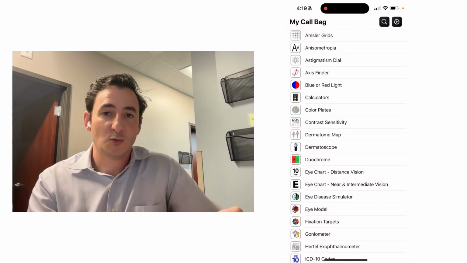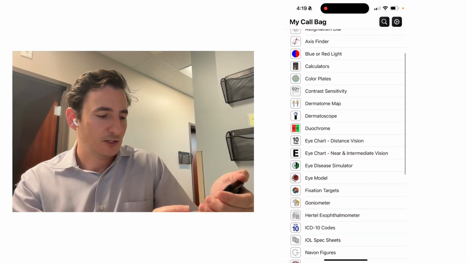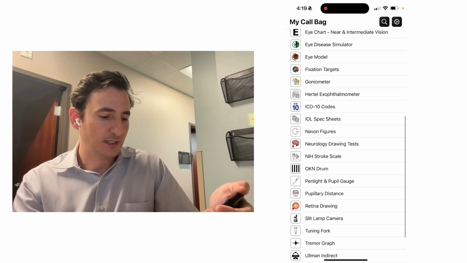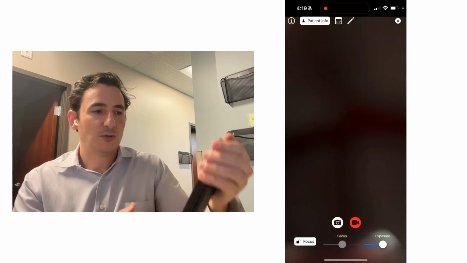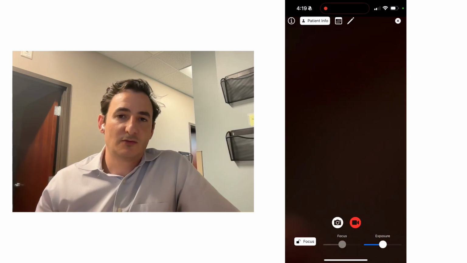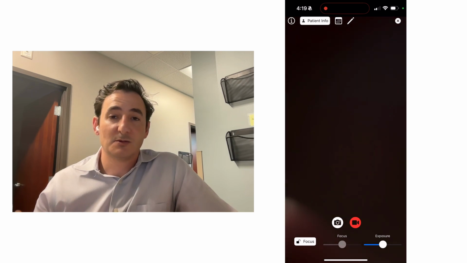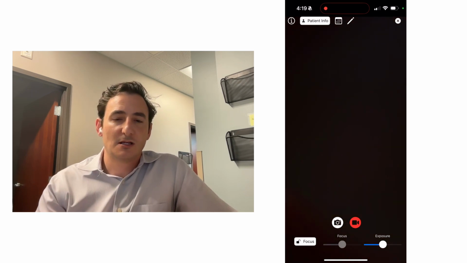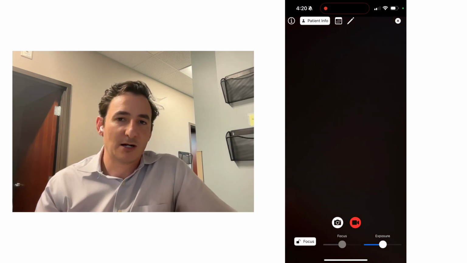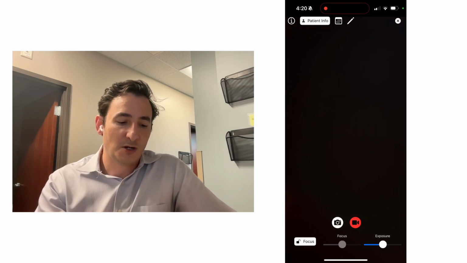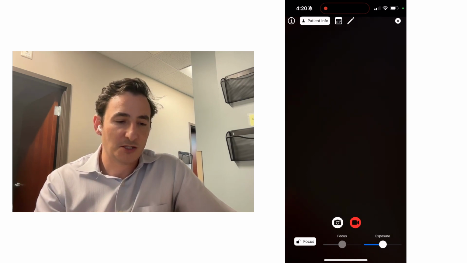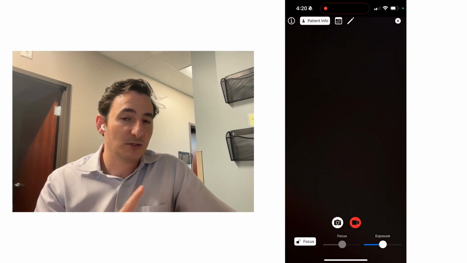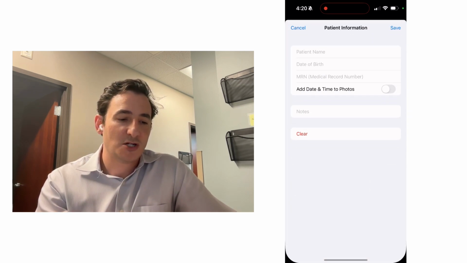I wanted to show you a new tool on the My Callback app. So if you tap the Slit Lamp camera, it pulls up a camera, and this is useful for taking photos at the oculars because it won't switch cameras between telescopic or the macro lens. It just forces the camera to use the main lens. You can also manually focus and manually change exposure, but the coolest new feature is if you tap patient info,